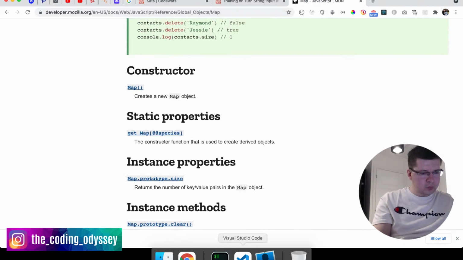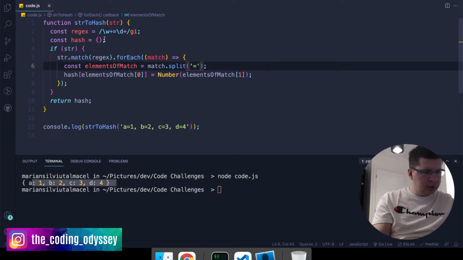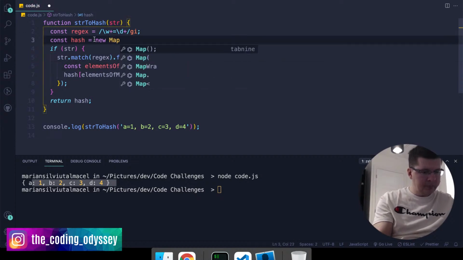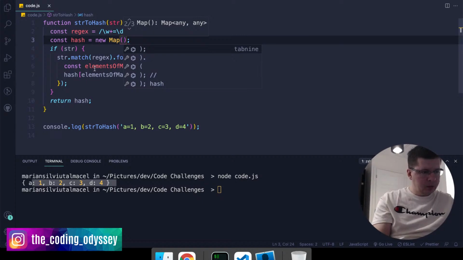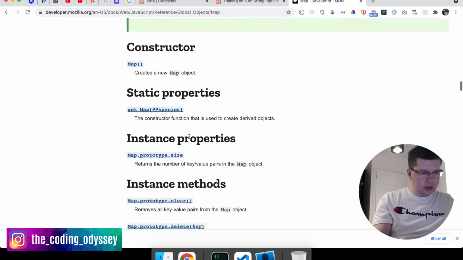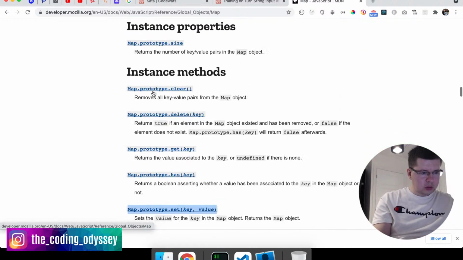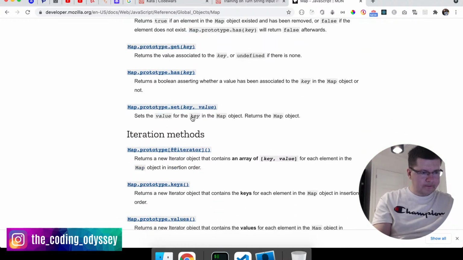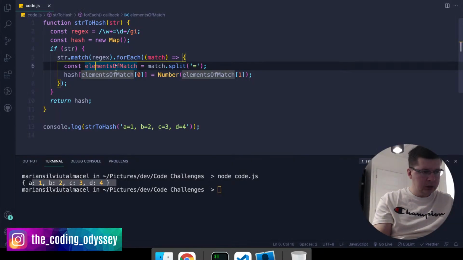Let's say const hash equals new Map, and then we can say map prototype set, well, map set, I think. So we can say here